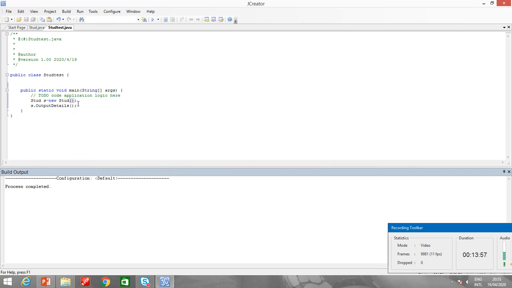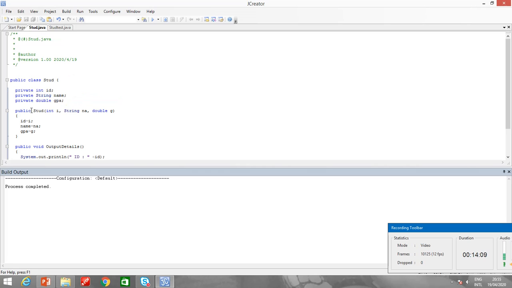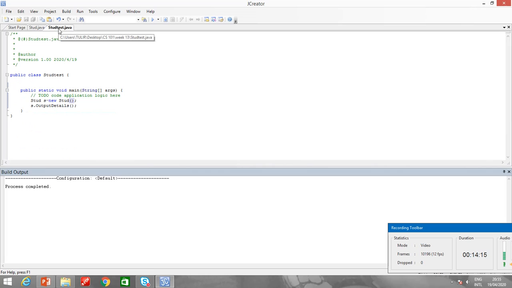Now when I compile this program it will give me an error. Why? Because here when I have created the object, I have not passed any parameters, but here I have created a constructor which takes 3 parameters. So now it will give me an error that the constructor takes 3 parameters, something like this.